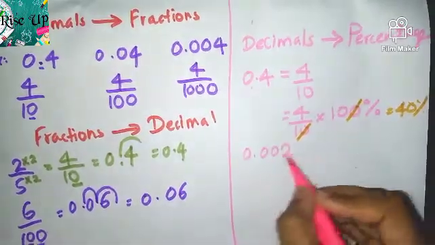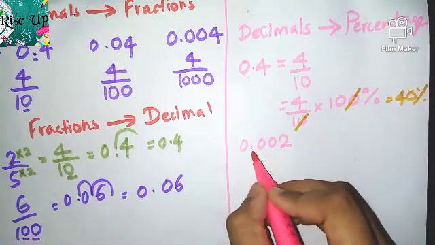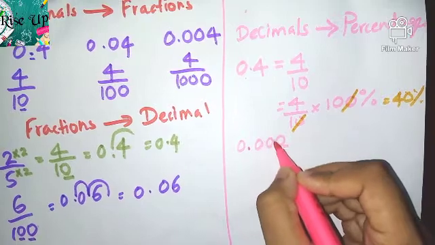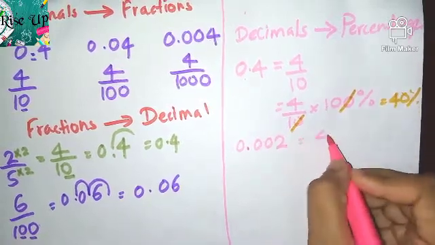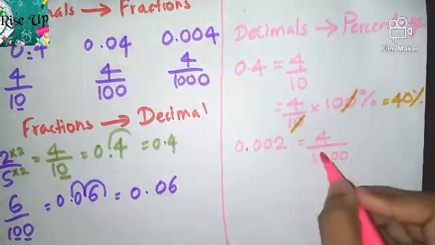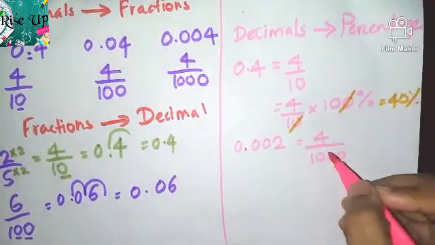0.002. So first you have to write it as a fraction. How do you write it? How many decimal places do you have to move to make it a whole number? 1, 2, 3. So write the fraction as 2 upon 3 zeros, so 1000. Then to make this a percentage, what you have to do is